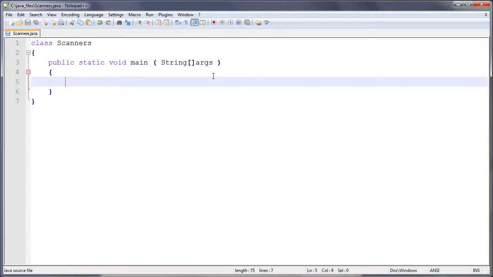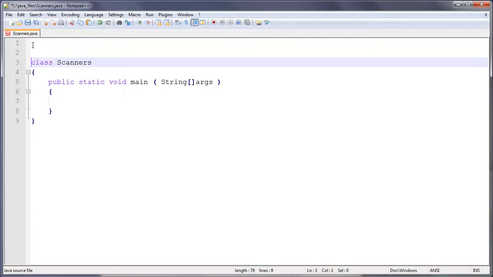So the way Java works is we have packages, and packages have different things that you can use in Java. So to be able to use a scanner, we've got to actually import that. So Java will only use the things that it needs to use. So we need to tell it, okay, you got to go get the scanners package because we need to use this later. So to be able to do this, what you need to do is just come up to here